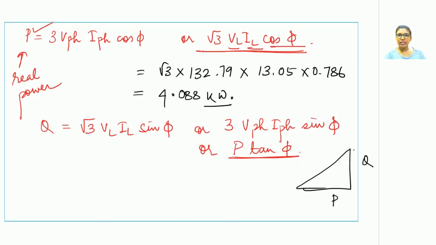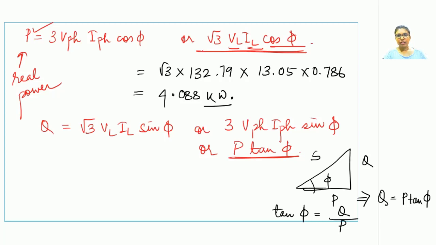The positive y-axis represents Q, and the hypotenuse represents the apparent power, with the power factor angle phi. So what would be the expression of tan phi? Tan phi is Q upon P, or tan phi relates the real power with the reactive power. So what can one obtain from this expression? The value of Q can be written as P tan phi.